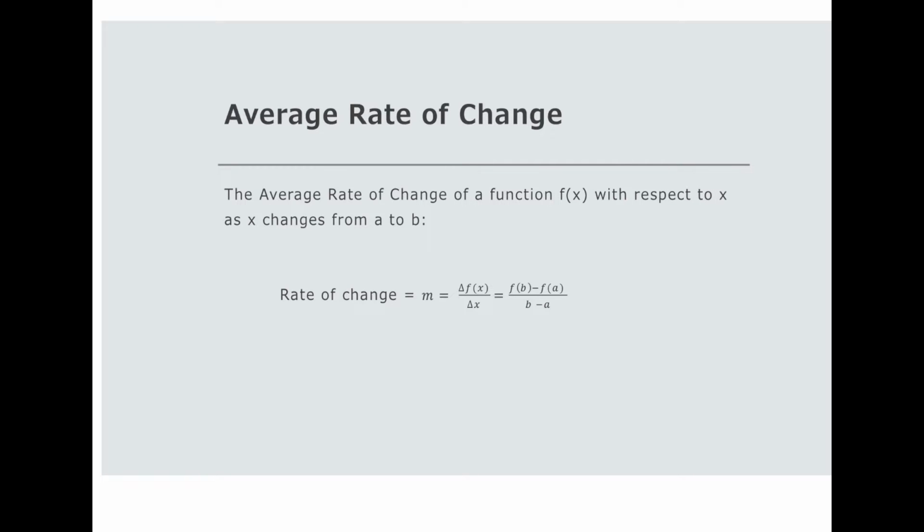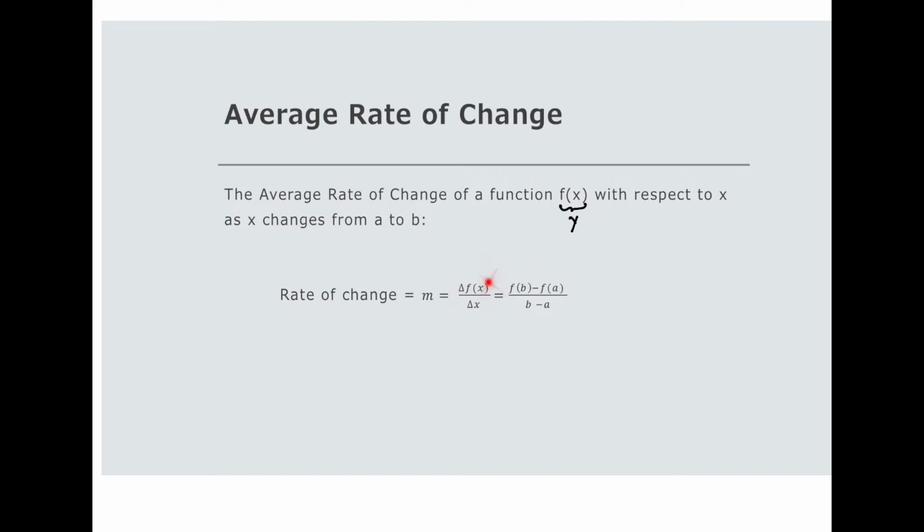When we take it into the notation of a function, when we talk about the average rate of change of a function, f of x, remember f of x is a stand-in for y. And so the average rate of change for our function f of x, or y, with respect to x, as x changes from a to b, is given by a similar formula here. We have the change in f of x over the change in x. And f of x, of course,